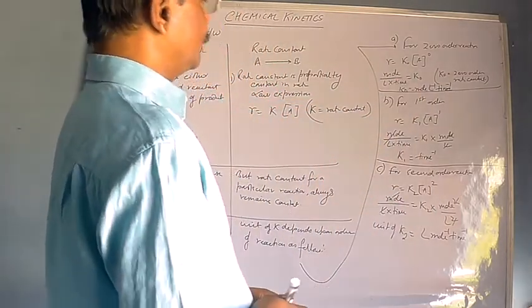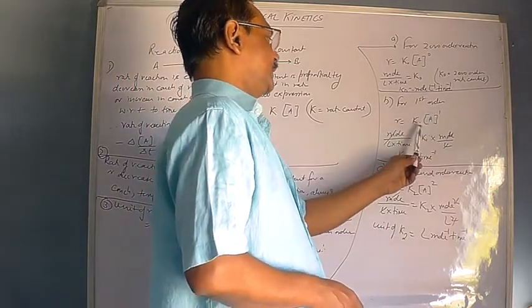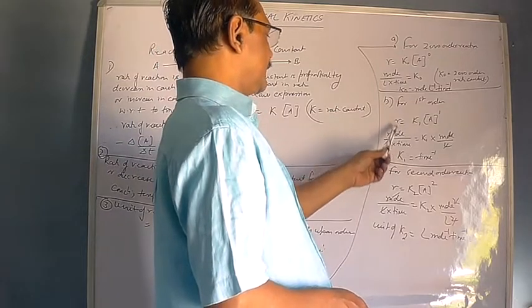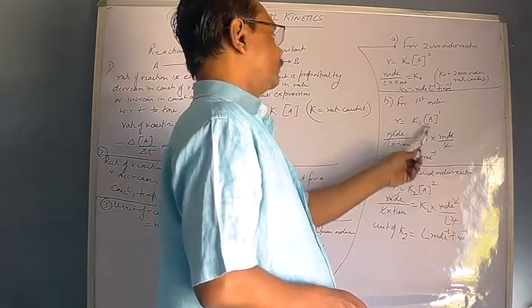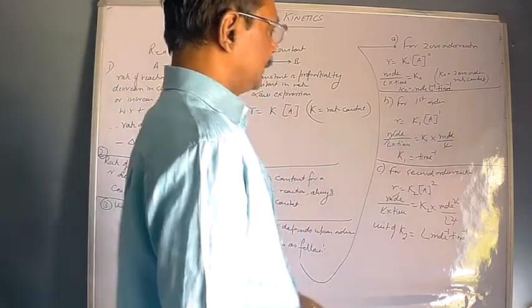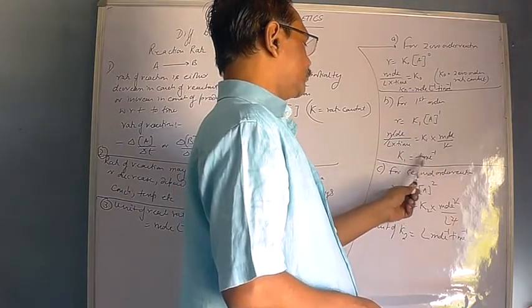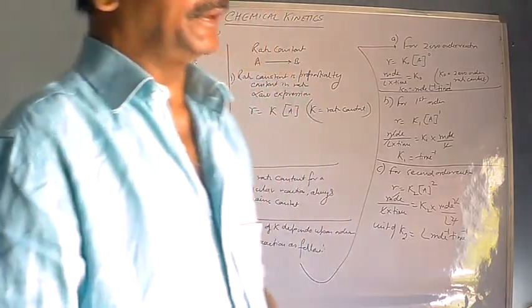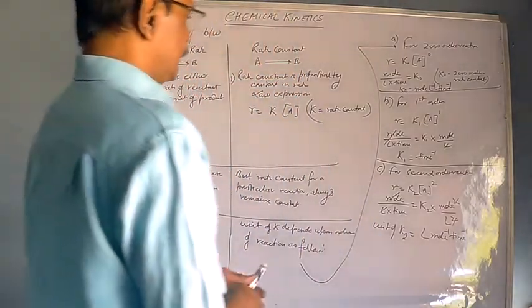Then we move to the first order rate constant. R equals K1 A to the power 1. K1 represents the first order rate constant. Now let us put again their units. R is mole upon liter into time. K1 we are going to find out, and this is your molar concentration, and you all know molar concentration is mole upon liter. So mole upon liter cancels with mole upon liter, so we are left with K1 equals time inverse. So the first order rate constant may be either minute inverse or second inverse or time inverse.